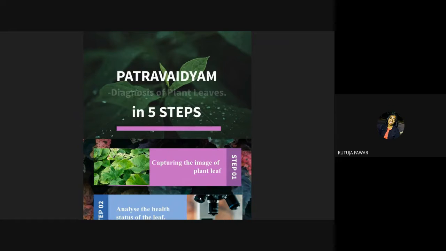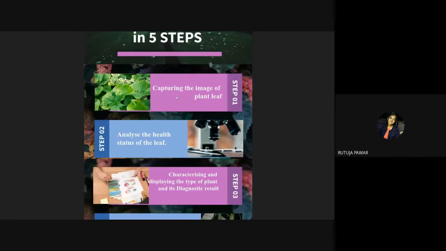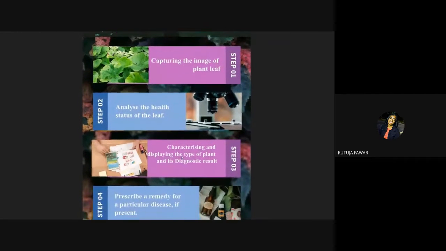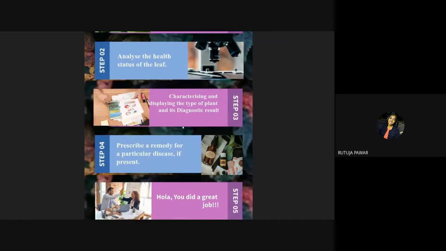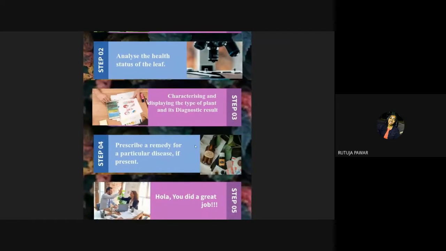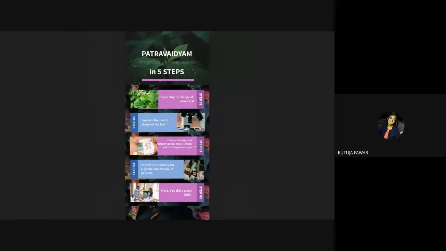So, what do we do to maintain the health of the plant? These effects can be due to pest attacks or due to harm done by the weather to our house plants. So, here our project Patra Vaidyam comes into the picture, where we take an input of the leaf and then predict its healthy or unhealthy status. And if the status is unhealthy, we give you the prescription of its disease type and then provide you a remedy. So the further technical part would be explained by Bharat.